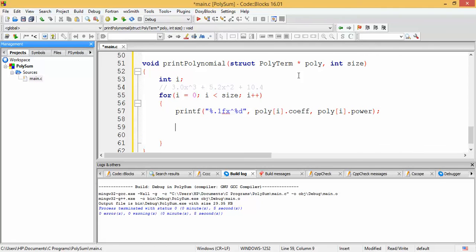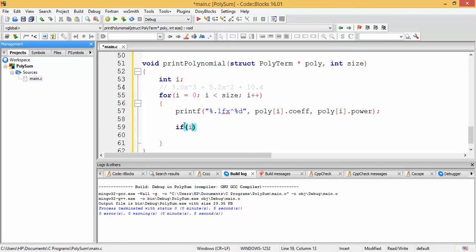Right, and then we are going to print this plus, and there is an anomaly here. The last term is not followed with a plus. So except the last term, we are going to print a plus after every term, right? So to avoid printing plus in the last term, we are going to have a conditional logic over here. It might not be the only way of doing it, but this is one of the ways that we would